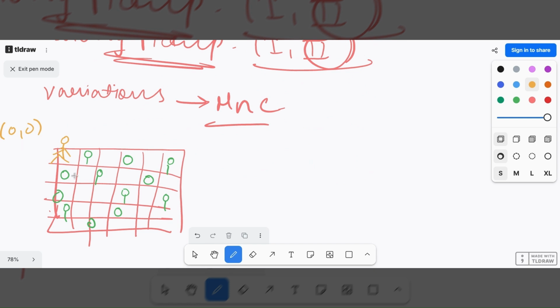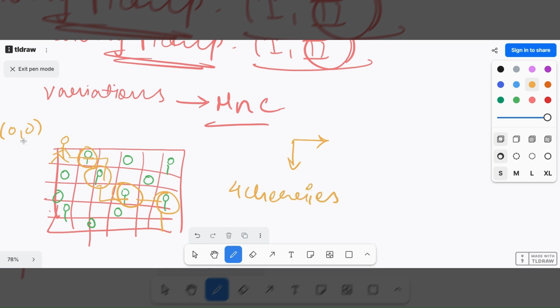Now what this person does is this person can go either right or down and can pick up the cherries until the last row. So let's say he picked this cherry and then he went straight and down and he picked these cherries. So I'm just taking one path and I'm marking the cherries which he picked. Then he comes down, maybe comes right, picks this cherry, comes here, picks this cherry and came down. So he took four cherries.